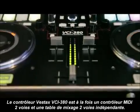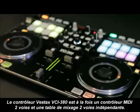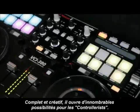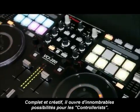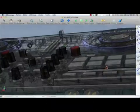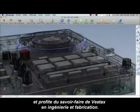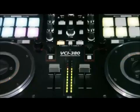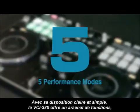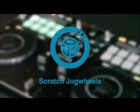The Vestax VCI-380 is a 2-channel DJ controller with a built-in DJ mixer. Powerful and creative, opening the door to limitless possibilities of controllerism. The design was made in collaboration with Serato and takes advantage of Vestax's know-how and manufacturing skills. Having a clear and functional layout, the Vestax VCI-380 features an arsenal of musical craft tools with perfect integrity straight